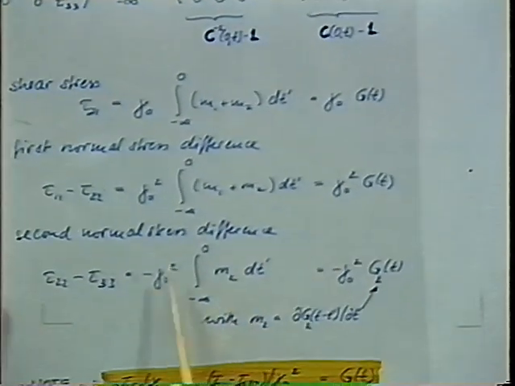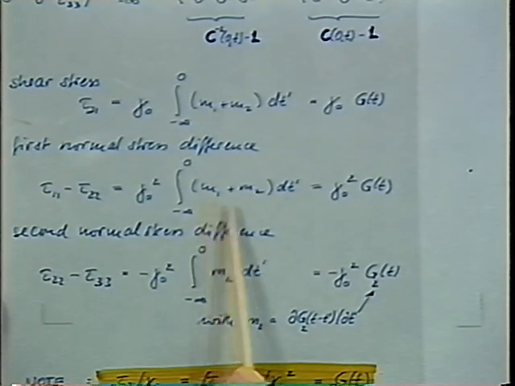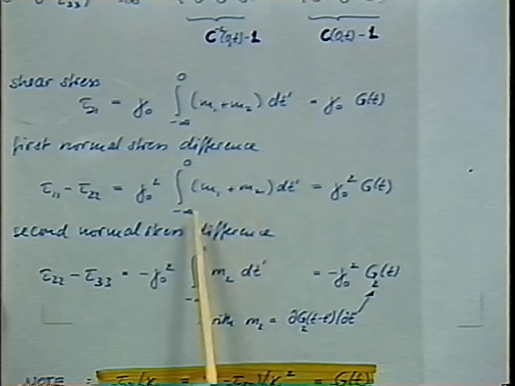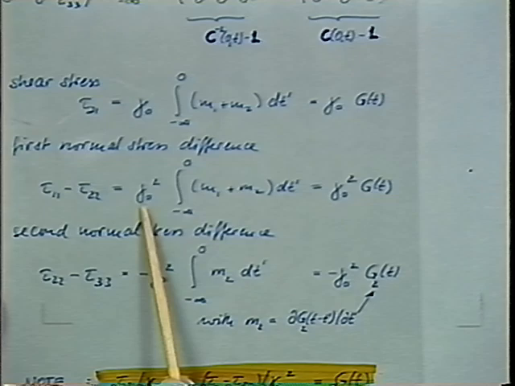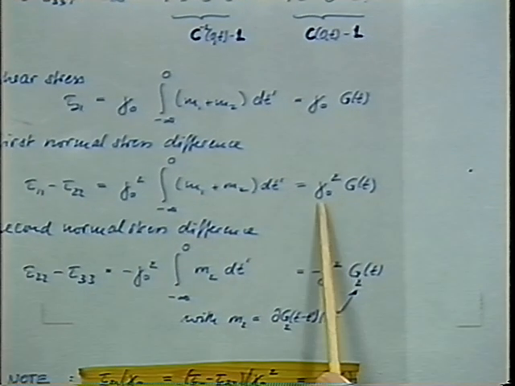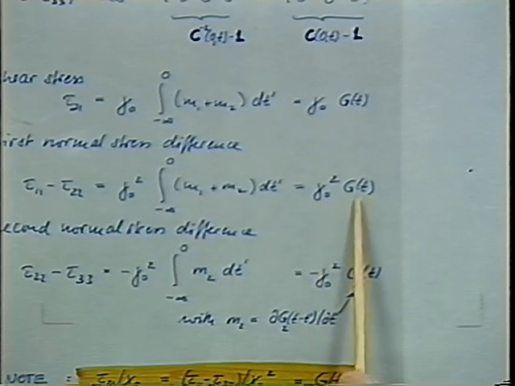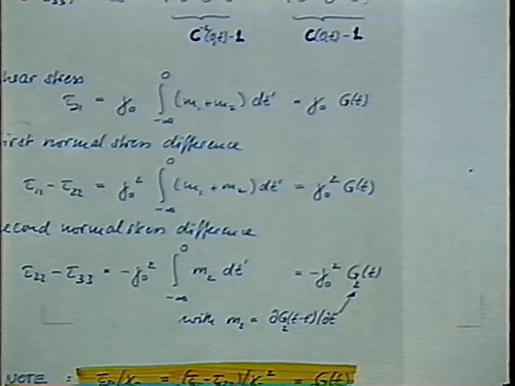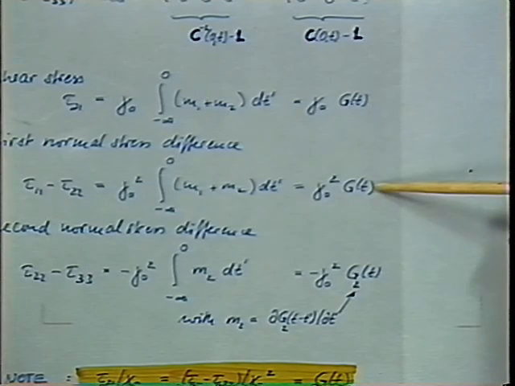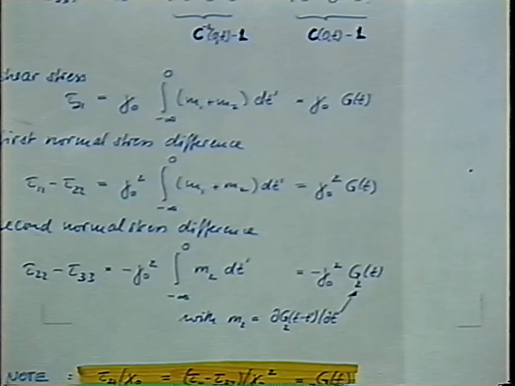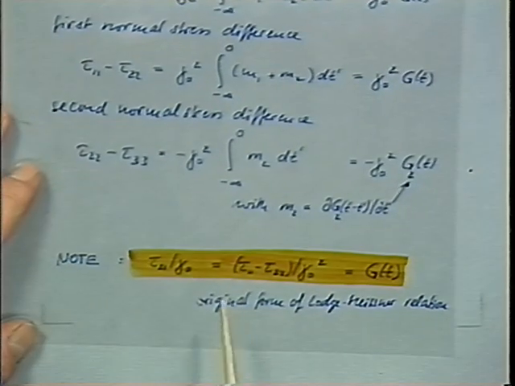So for the first normal stress difference, we have m1 plus m2, and gamma 0 is outside because it's constant, and we have the expected result gamma 0 squared times g of t. The relaxation of the shear stress goes with the same time function as the first normal stress difference. So when you take a ratio,